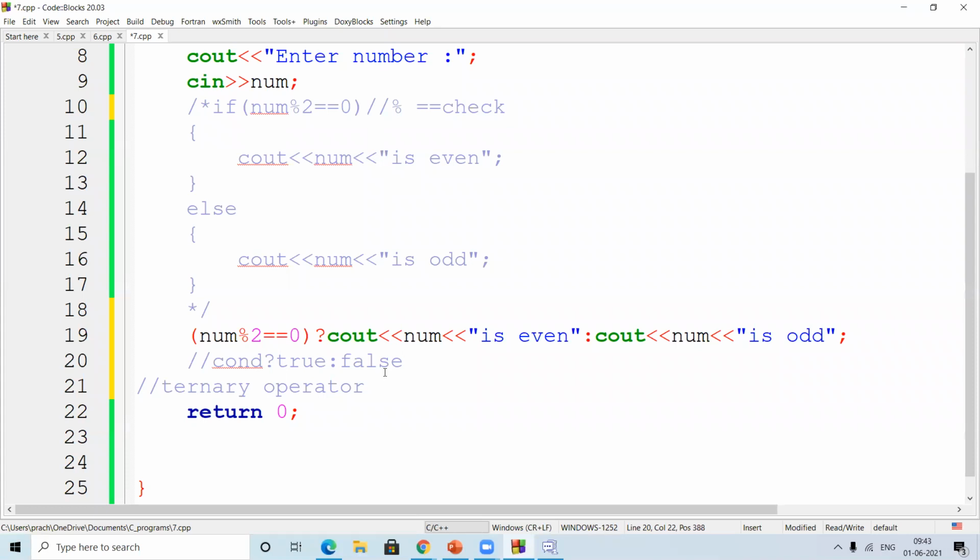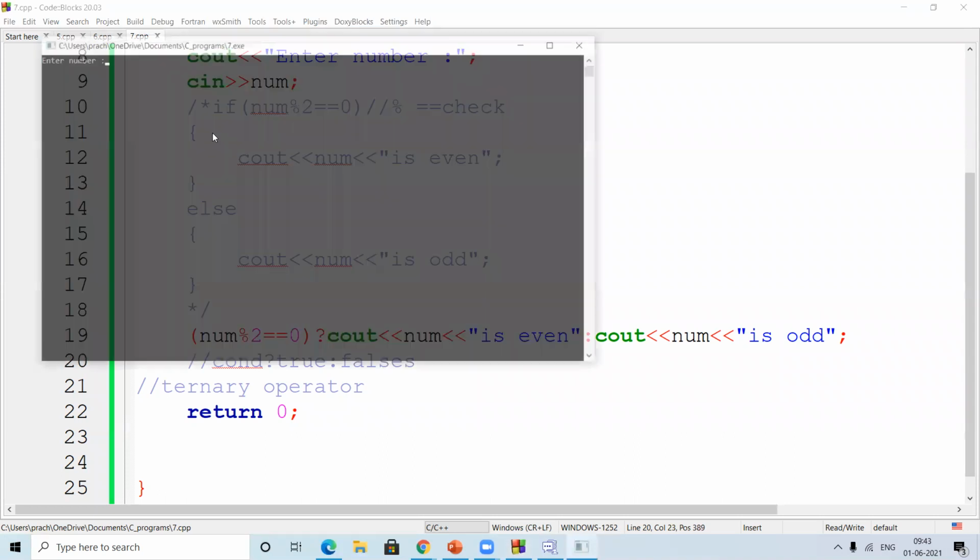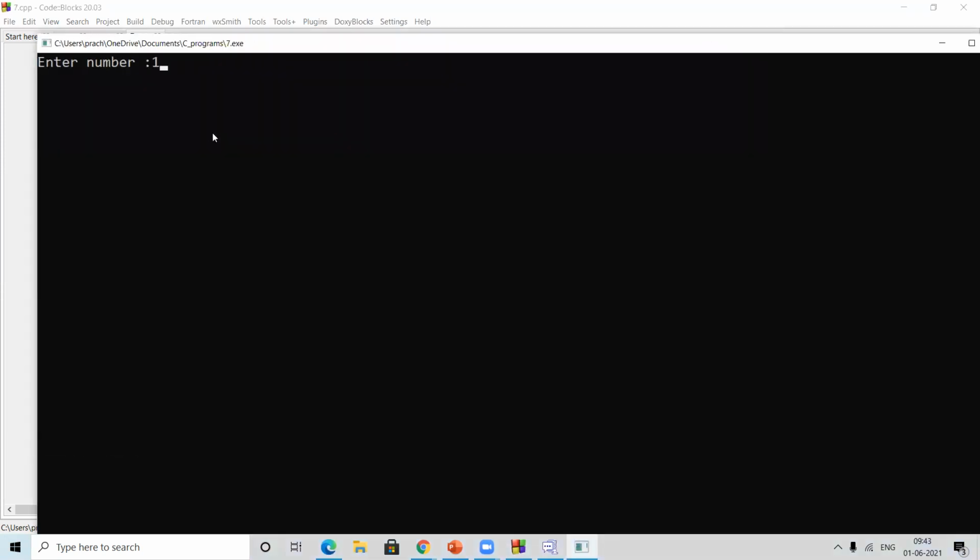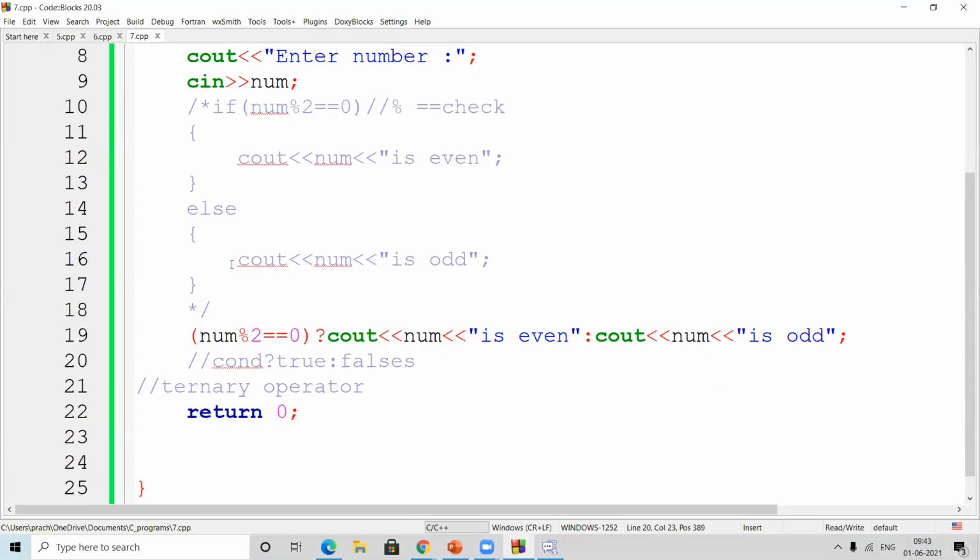That's why it's ternary, meaning three. It will give the same output and work the same as what we wrote in the if. I'll put again the same thing. I have put this whole if statement in a comment, so it is not working right now. The ternary operator executed. Are you getting this?